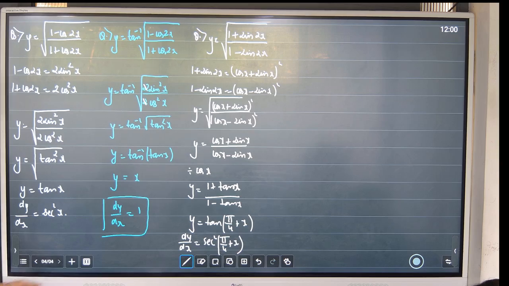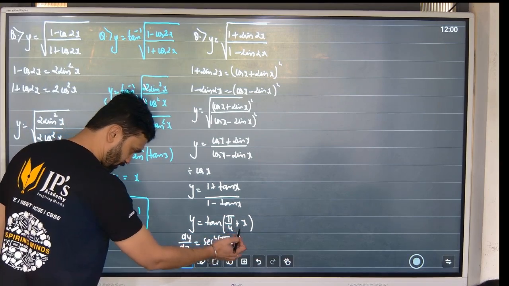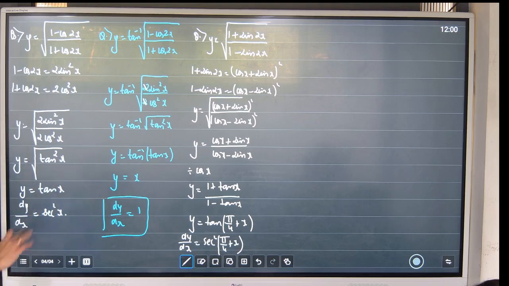What is the derivative of pi by 4? 0. And the derivative of x is 1. So into 1, that's why we can just write sec square pi by 4 plus x. But again, like this question,